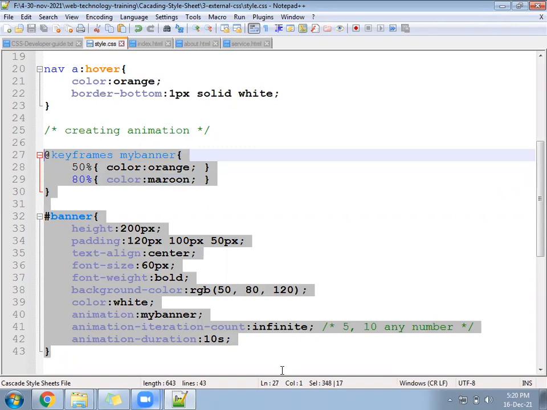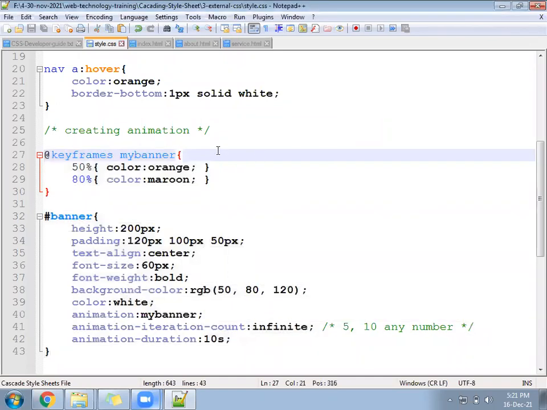Then I can check. Please check once animation is happening.